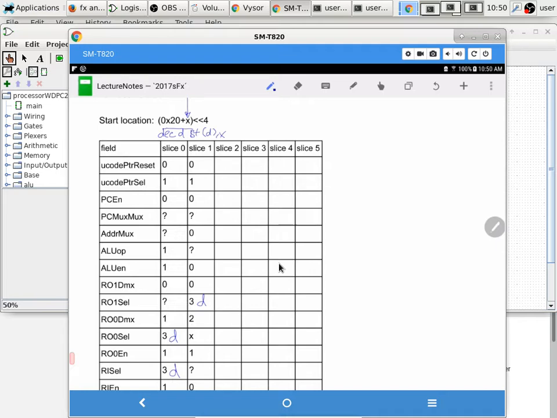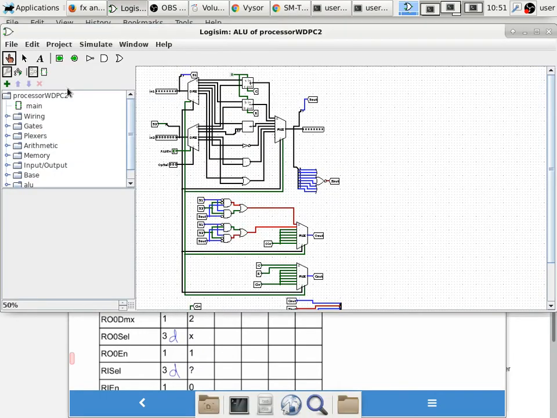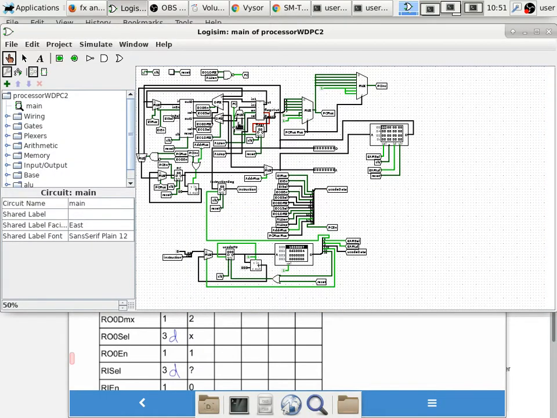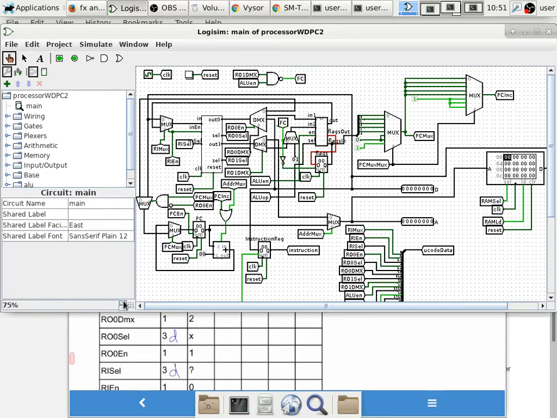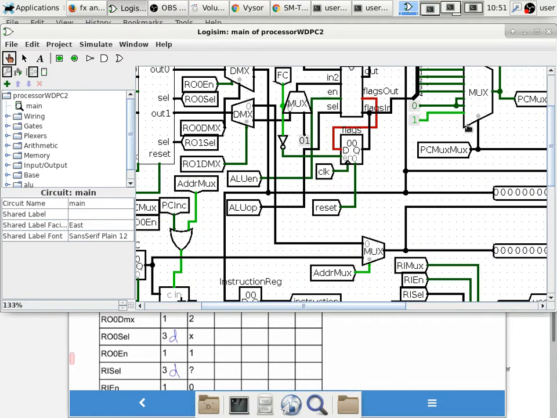Because we are using register D, this D here needs to go here. And then X corresponds to C in this case. The 2 is different, okay? So this is why you need to print out that picture, because you need to find out what is register output 0 demux. It goes to the demux, so you have to go back to this picture, find out where the tunnel is,